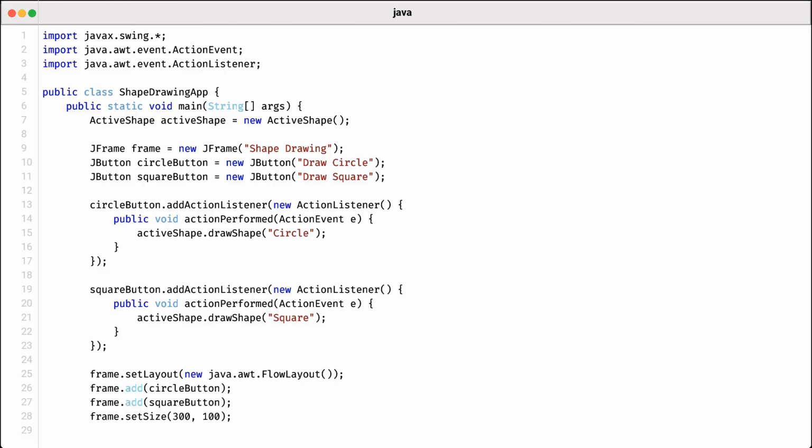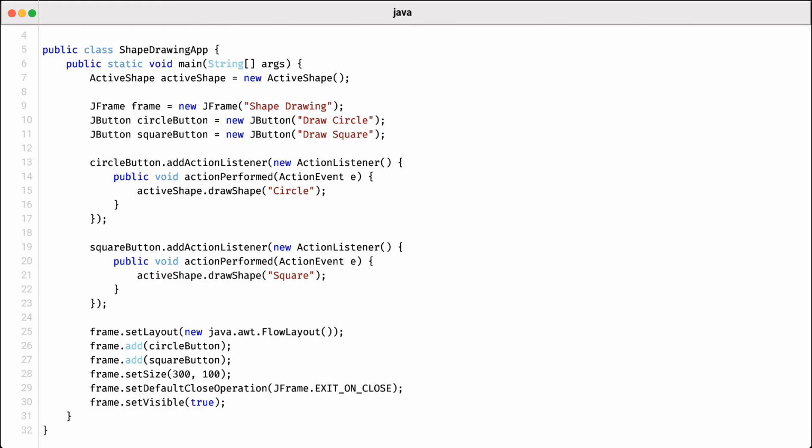The layout is configured using Flow Layout to make the buttons appear side by side in the frame. Finally, we set the size of the window, define its close operation, and make it visible. Through this design, the application showcases how the active object pattern keeps the GUI responsive, even as drawing operations are